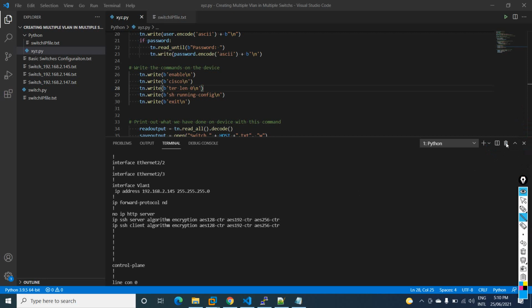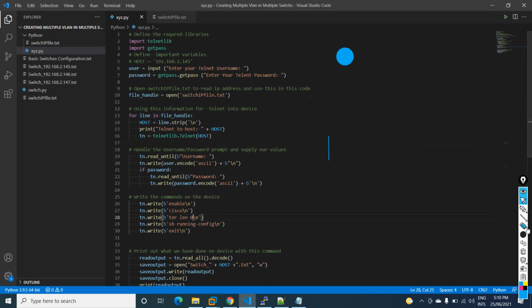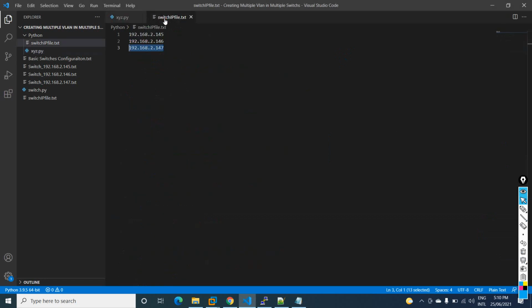See here what I did, let me show you. This is finished, I think. Let me delete this one. Okay, see here, whatever we did in our previous class, again I will repeat. If you see here, this is the code we used before. What we did here is the file handling open function. With this one we are opening one file. Before, we created this file manually and put the IP addresses of all the devices.